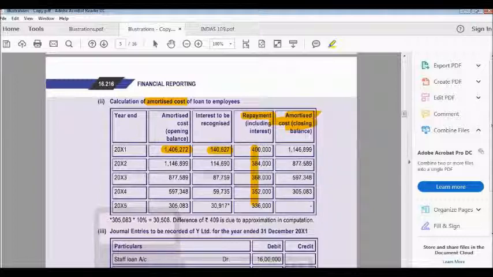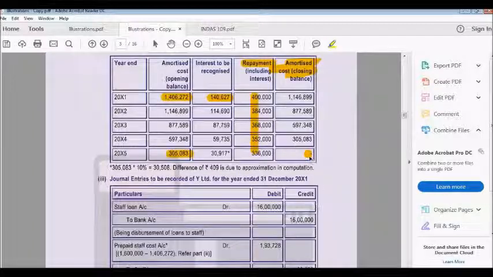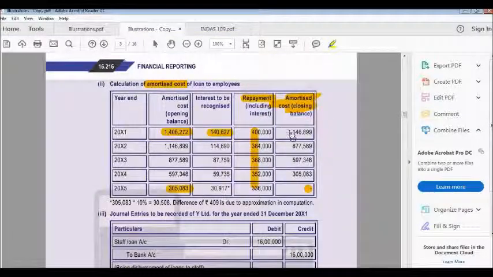And then again, add 10% minus repayment, you will calculate. So this is how the table will work. And in the final year, 3,05,000 will be the opening, add 10% minus repayment, then the loan will be finished here. So this is the amortized cost, and this amount will be reflected